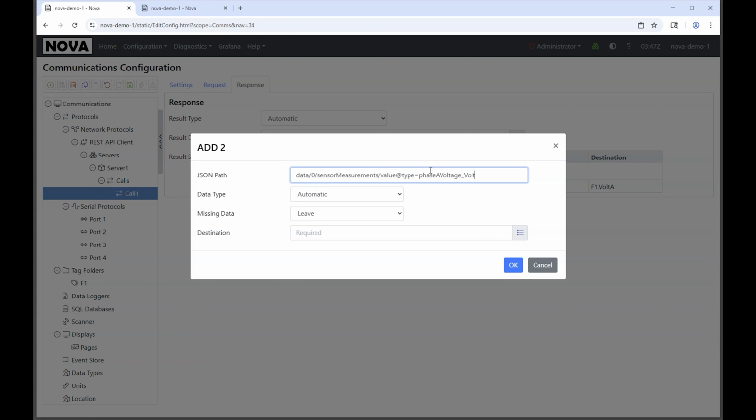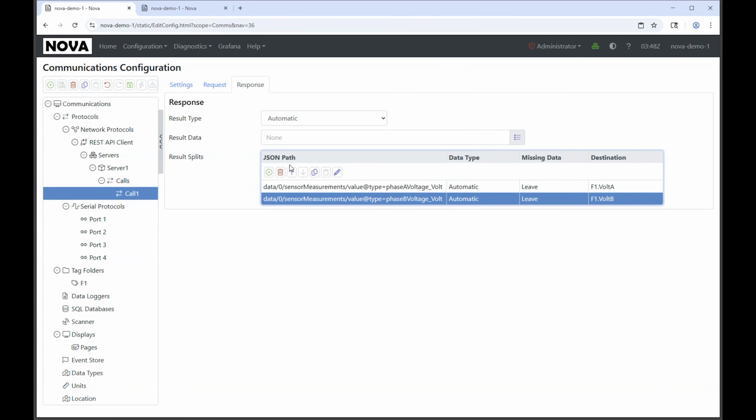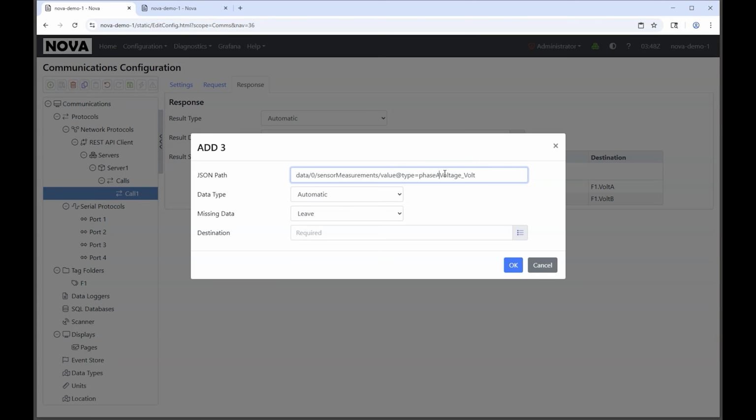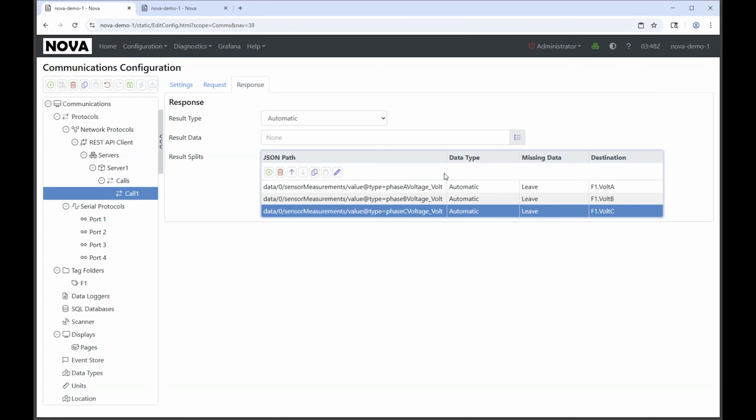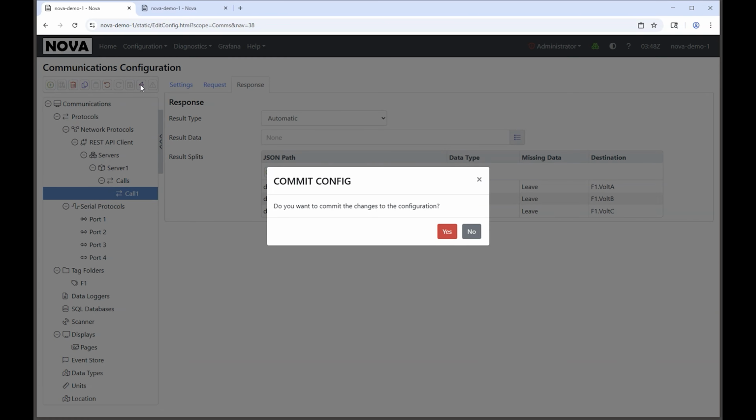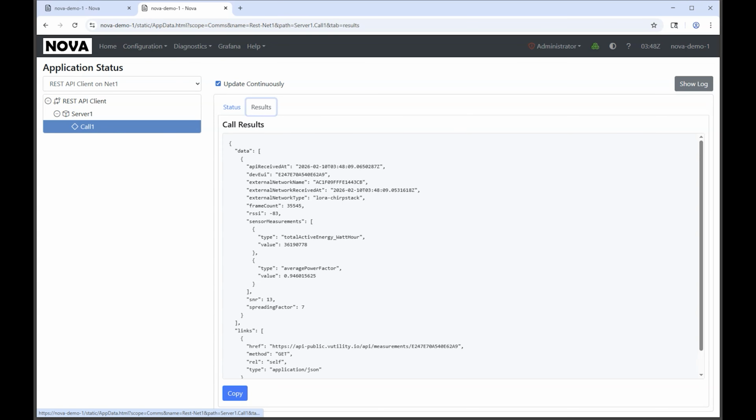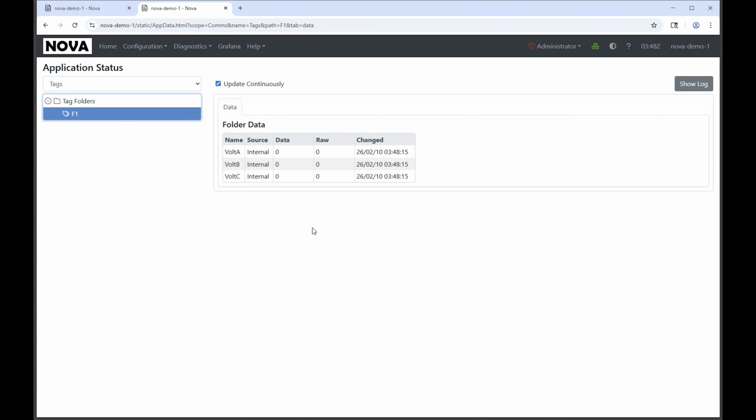And now we can do that once more for our phase B voltage, and we can put that into Volt B. And we can do it once more for our phase C voltage, and we can put that into, guess where, Volt C. Now if we commit and save this again, it will execute. We can come in here, we can see the call results are firing off. It sends different things each time you access it. But if we now come into the tags and come in here, we